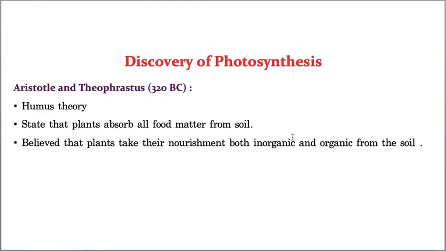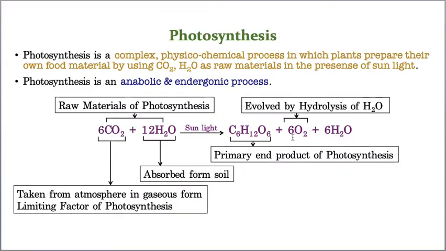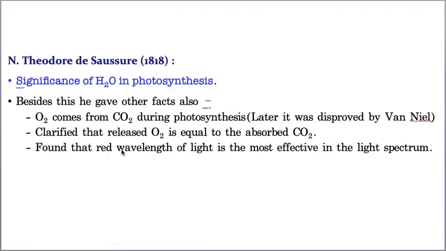See, if you want, I'll show it also. Here this is 6 CO2. See how many oxygens are released. You only see 6 CO2, 6 O2. That means the amount of oxygen released is exactly equal to the amount of CO2 consumed by the plants. So this is a point which was proved by this, I'm sorry, Theodore.